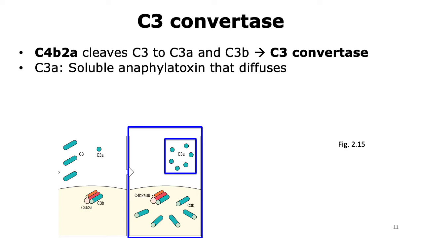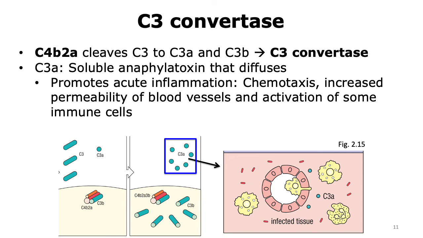So the C3a does not bind to the surface of the pathogen, but on the other hand, it can diffuse because it's soluble, and it is an anaphylatoxin. An anaphylatoxin is a molecule that is able to promote acute inflammation. Now, C3a is able to promote acute inflammation by enabling chemotaxis to occur, increasing permeability of blood vessels, and activating